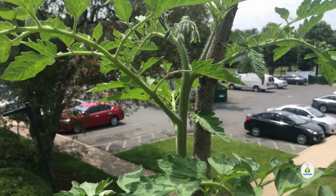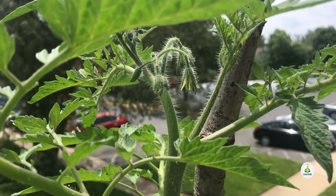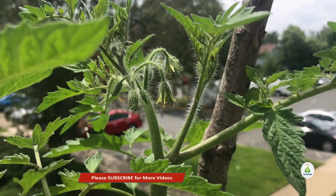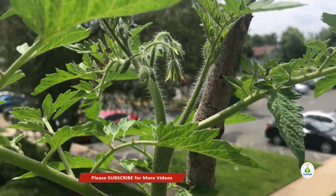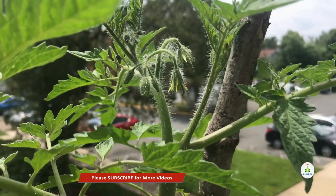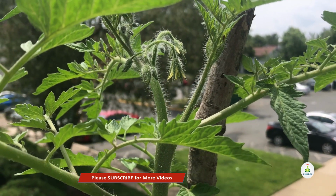I thought of uploading this video today, and before I upload, I noticed that the plant has produced the flowers. So it took 5 weeks for the plant to produce the flower from transplanting. From here on, how this plant is going to perform and how many tomatoes it's going to produce, all those details I will cover in the